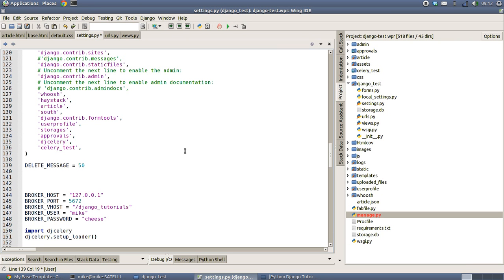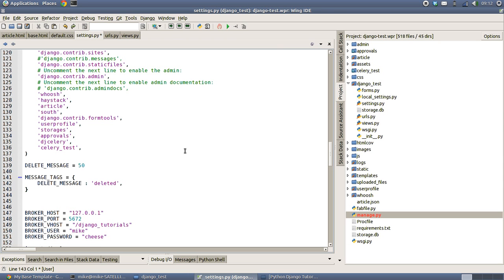So I've added that extra, and then I'm going to define a message tags setup, and what I'm going to say is delete message